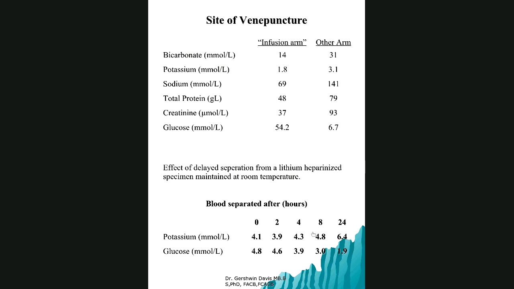So whenever the result is not in keeping with the clinical picture, your next step is to repeat. Don't treat. Because if you see potassium 9, 10, and you start to treat, you can send the patient into hypokalemia and kill the patient. Okay? If the result is not in keeping with the clinical picture, then you need to repeat that blood result. And that's the key thing. Repeat the sample before you decide.